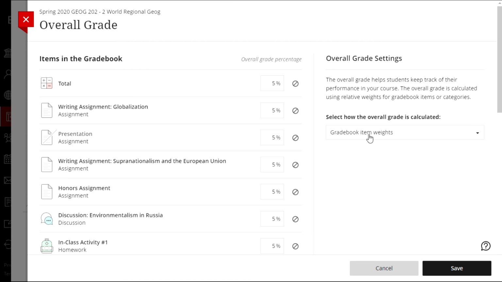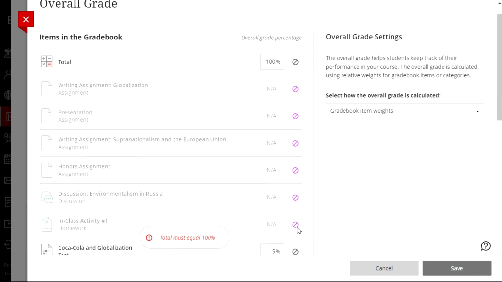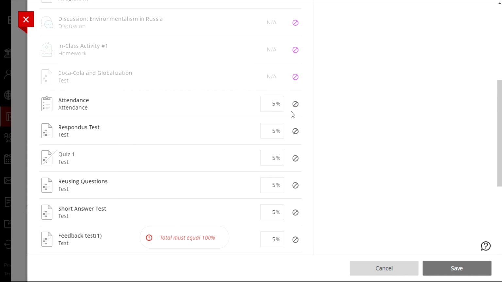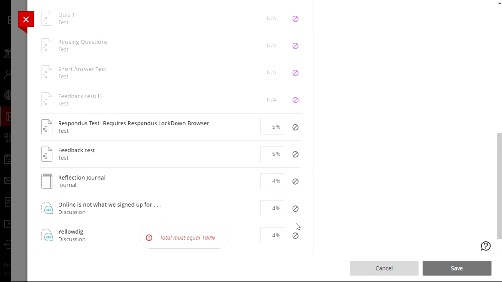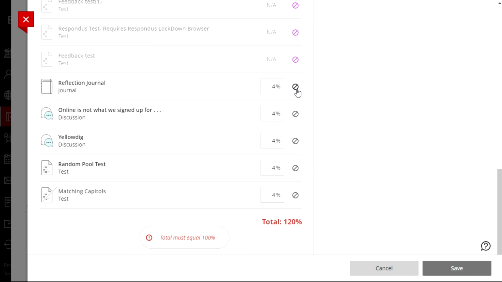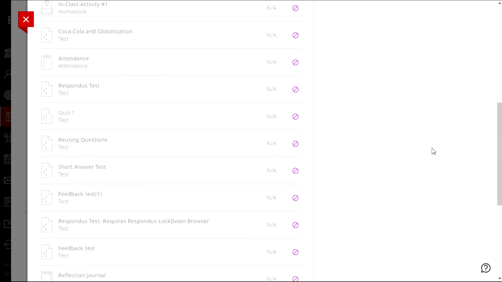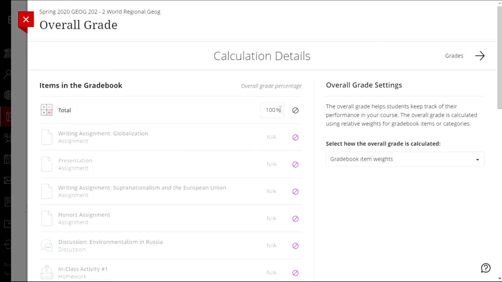From here, I can actually go back to set up my overall grade and this time choose only this total column. I'm going to make that worth 100% and then delete and remove the other assessments from this calculation. This makes the overall grade column set up 100% on my points total. So in essence, what it will do is calculate the student's running percentage of points that they have earned that are included in that total and display that as a student's overall grade.